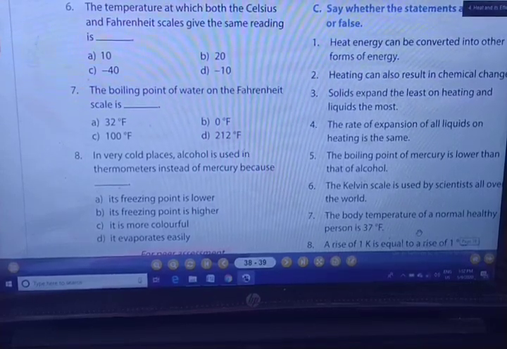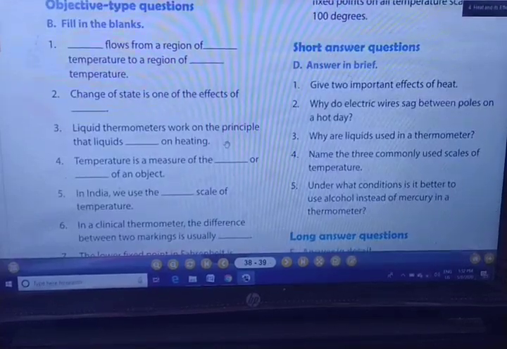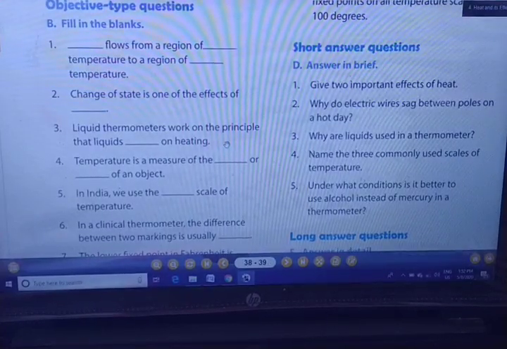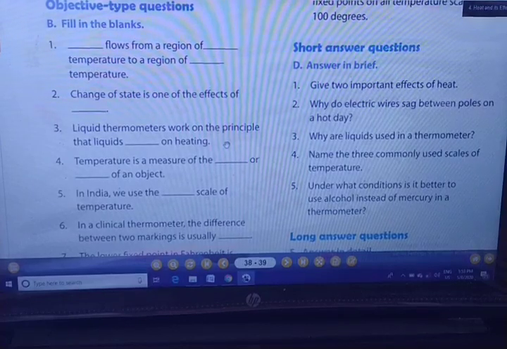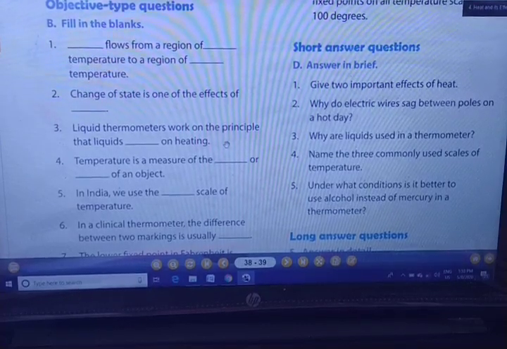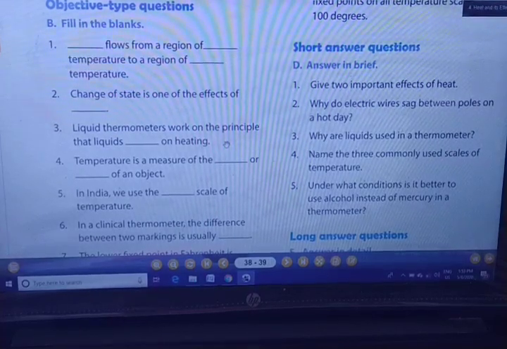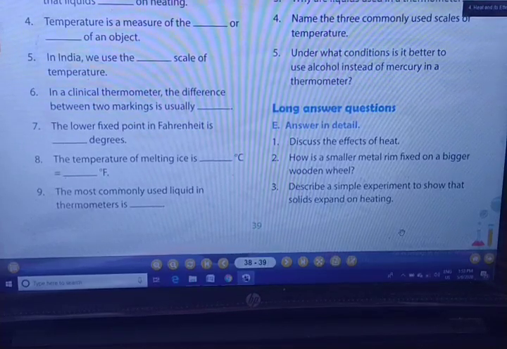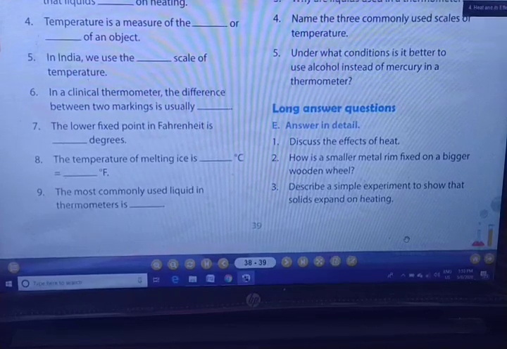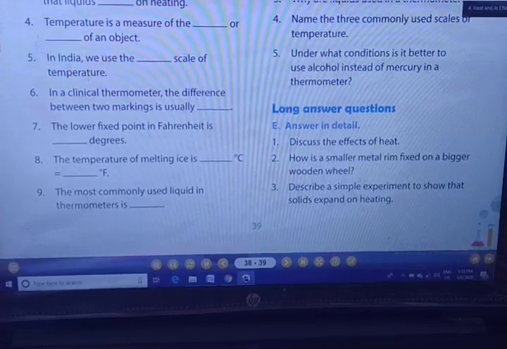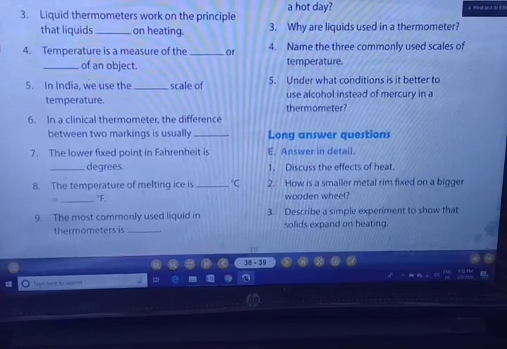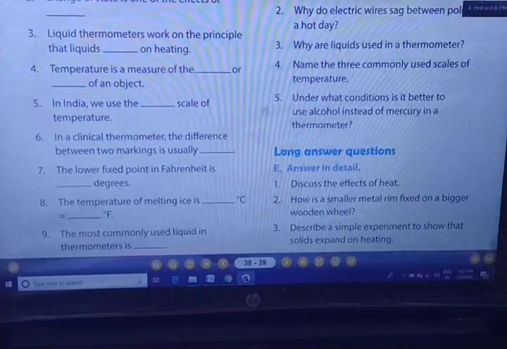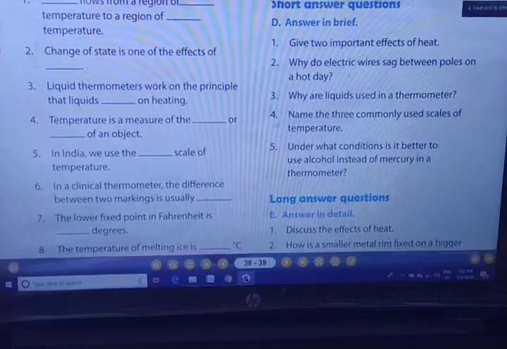So now I am going to show you some other types of questions. You can see here short answer questions and fill in the blanks. You can take a screenshot of these. There are a total of 6 fill in the blanks and 5 short question answers. Got it? Now I will show you more fill in the blanks and long question answers. You can see these 9 fill in the blanks and 3 long question answers. How many? 9 fill in the blanks. You have to take a screenshot of all this, or you can write them in the form of questions.